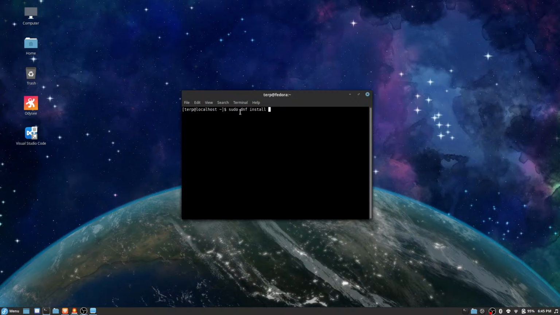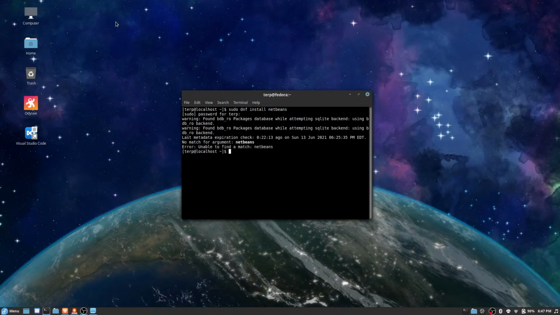Yeah, let's just put in NetBeans. And they're gonna ask you for your password. Hopefully it's not broken. And there's no match for argument.